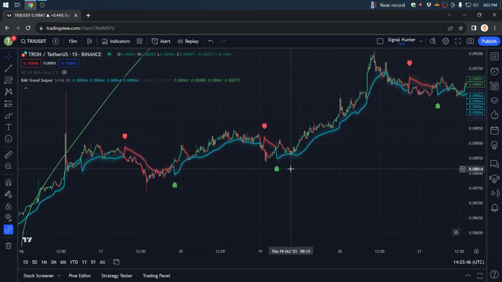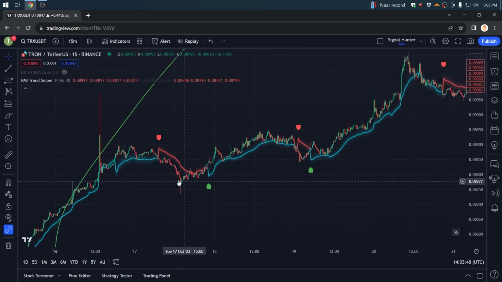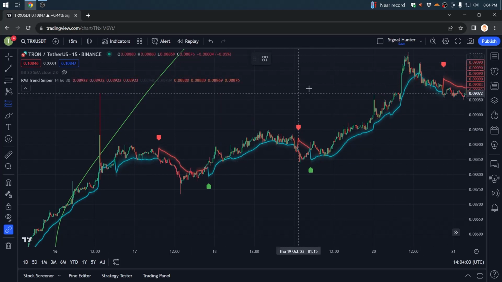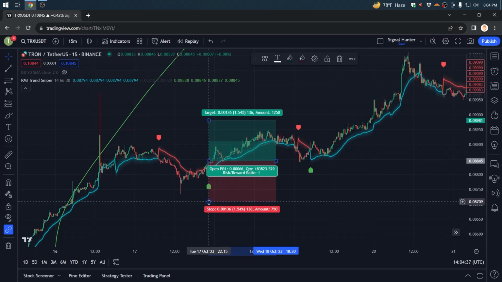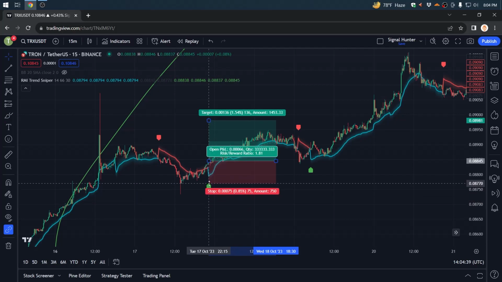And let's see how you can generate buy and sell signals using this strategy. For a buy position, if you see the 4-hour time frame is in an uptrend, then from the 15-minute time frame, if you see a green arrow signal from RMI Trend Sniper, that means the market is giving you a buy signal. So you have to take a position here, and your stop loss will be below the recent swing low,